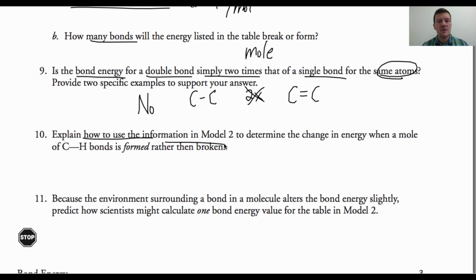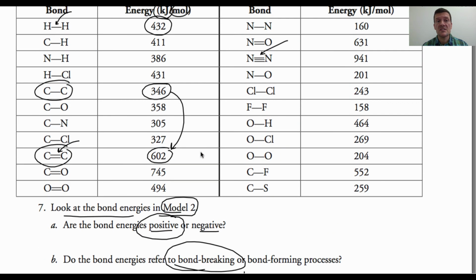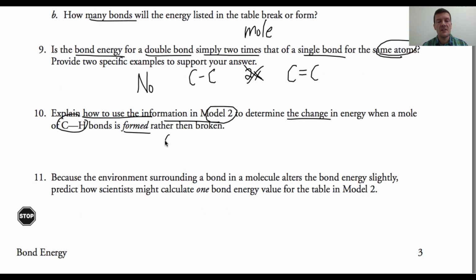Explain how to use this information in Model 2 to determine the change in energy when a mole of CH bonds is formed rather than broken. Well, if you want to find out how much energy is released when a CH bond is formed, you are just going to take the opposite value of that magnitude right there of 411. So 411 kilojoules per mole to break apart a carbon-hydrogen bond. Therefore, if you have a mole of carbon-hydrogen bonds being formed, you're going to have 411